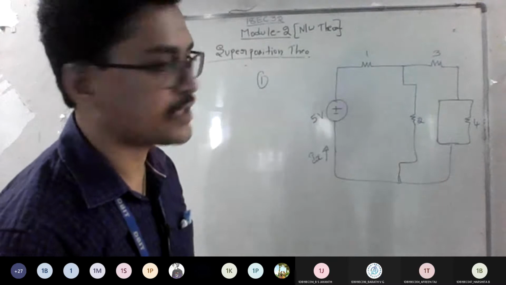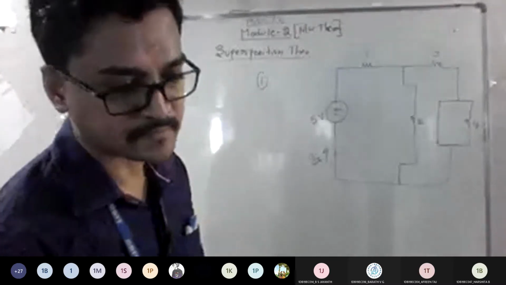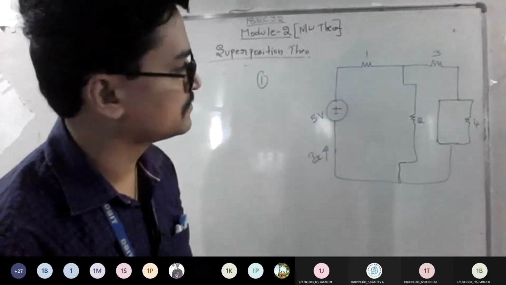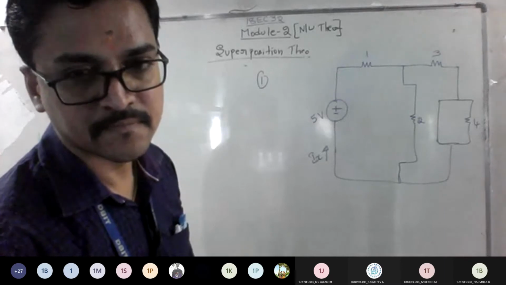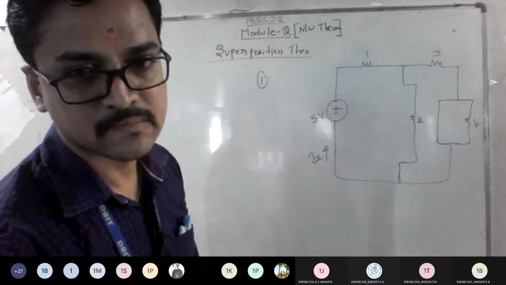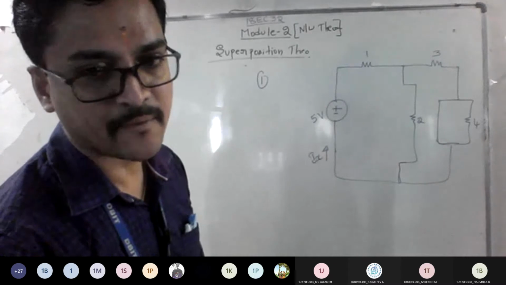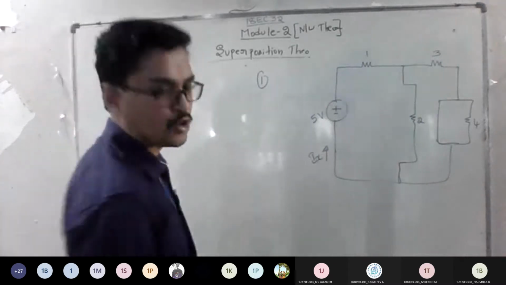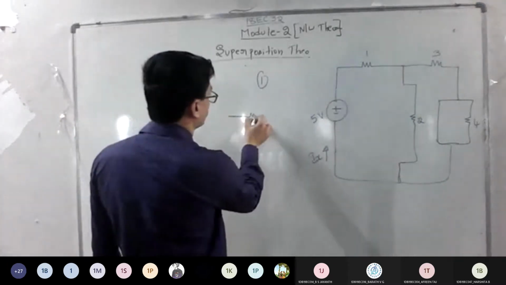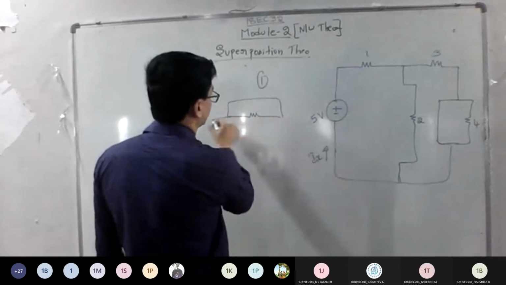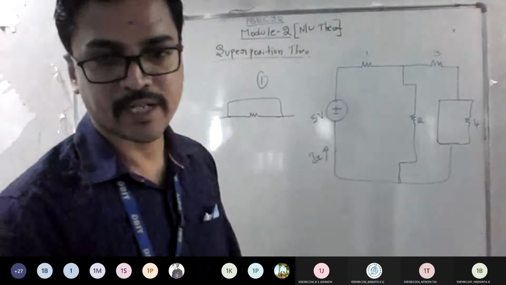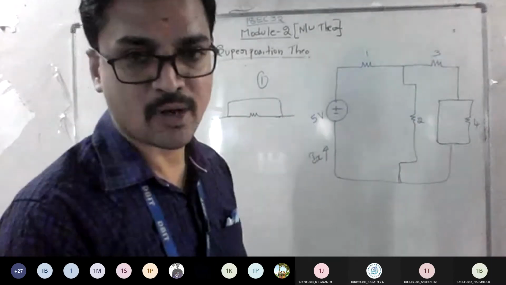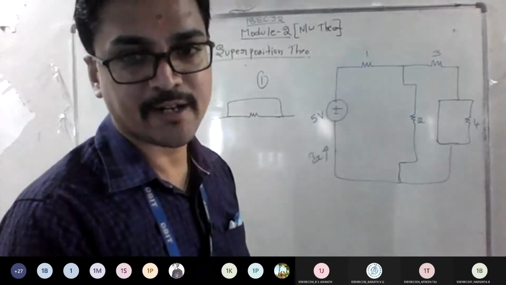What will happen for that 4 ohm resistor? That is the first thing you should tell me. That 4 ohm, is it legal? Everyone? I hope you remember the logic I told. If it is like this, what is the meaning of this? What type of resistor is it called? Do you think any current flows there?